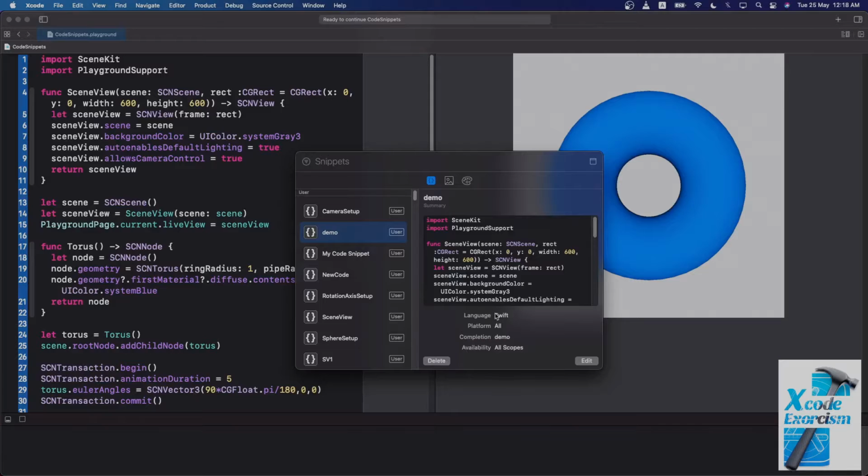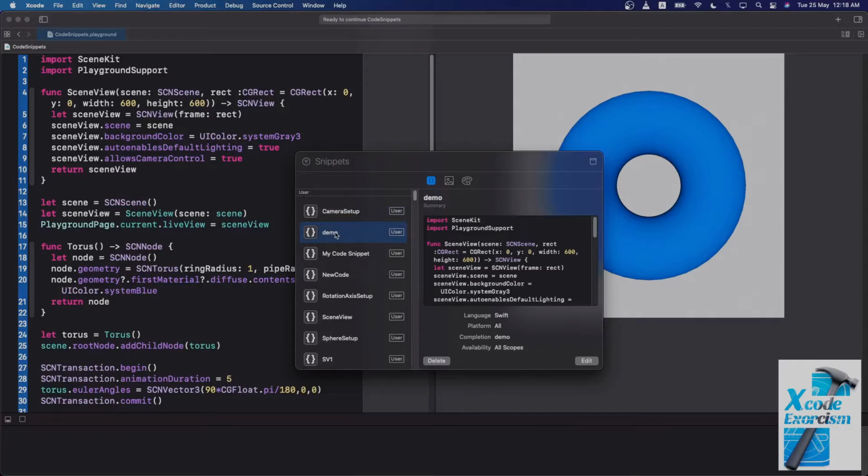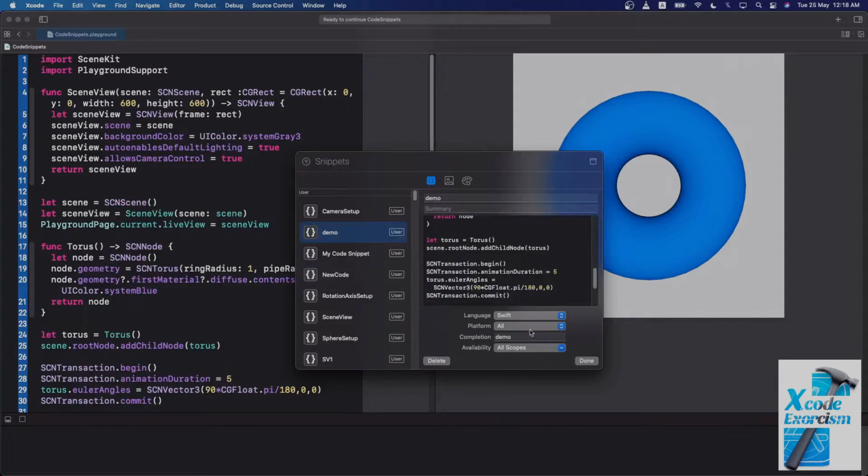Let me select that. There is one more point to notice: for the user defined code snippets, there is a user mentioned here, and for the system generated ones, there is no user mentioned. And one more difference is that for the user defined snippets, there is a delete option and also an edit option. You can go to edit and edit the code as well as the parameters here. Once you are done, you can click the done button. But when you are not in edit mode, you can't type anything to edit. To edit something here, you need to go to the edit button.